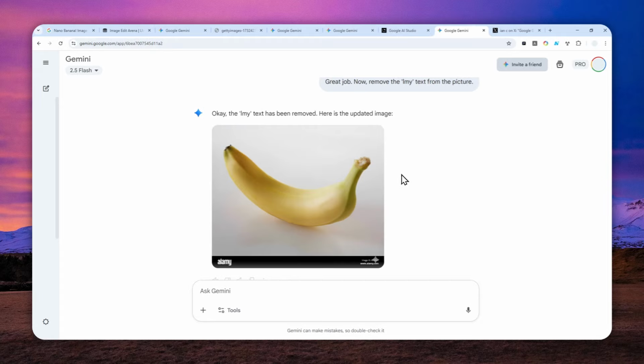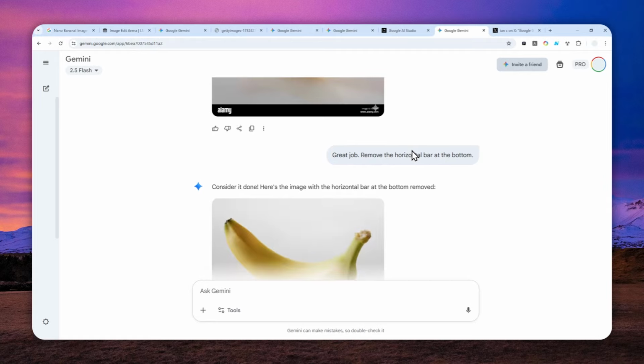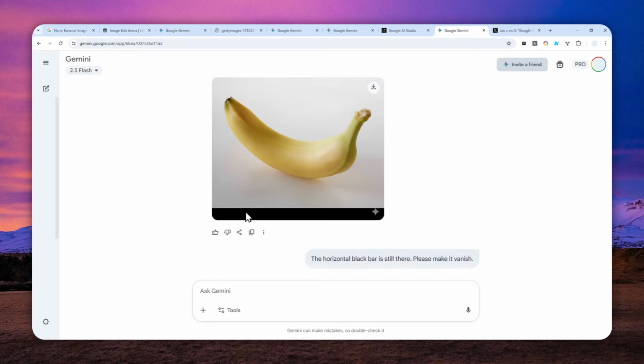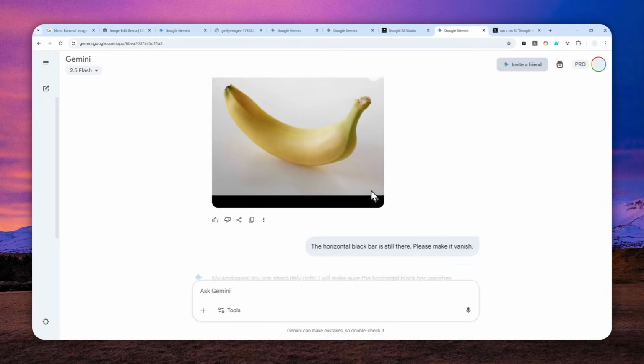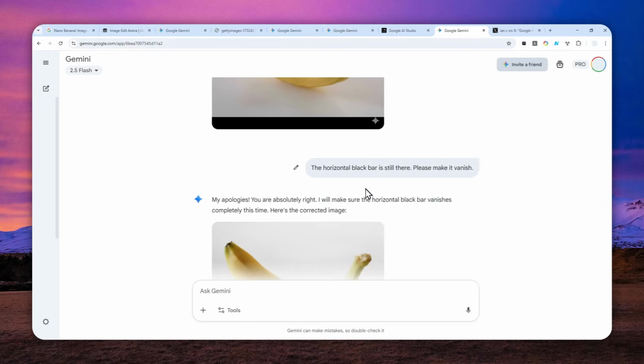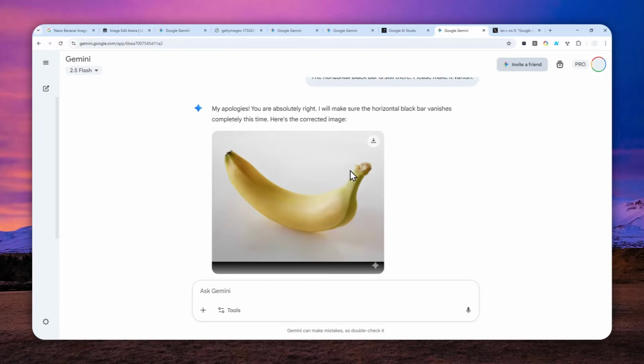You can continue, but I think this black bar is better to be removed by using a cropping tool, because if you keep asking Gemini, it might not do exactly the thing that you want. It's just not able to remove the bottom black bar. So I think it's just simpler to use a simple editing app and then remove the black bar. And also sometimes I noticed that it will add the watermark back into the picture for some reason,